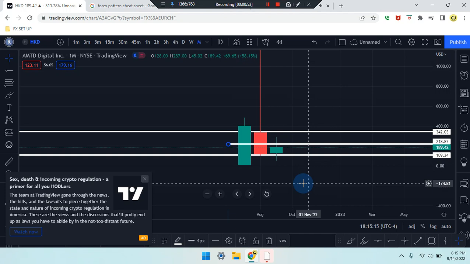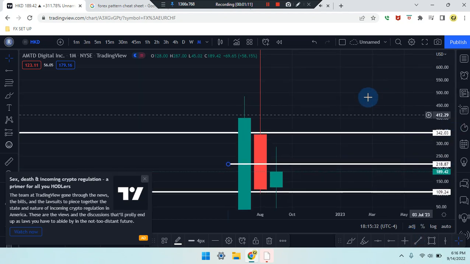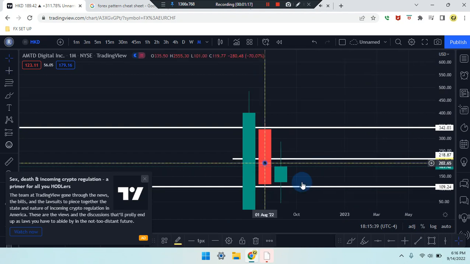So current price is sitting at 189.42. We can see if price does head up to the next area, it can head up to the numbers of 218.87. If price works its way down, it can head down to 109.204. But to try to break this down into more sections, if this market does go up to the next level after 189, it can head up to the numbers of